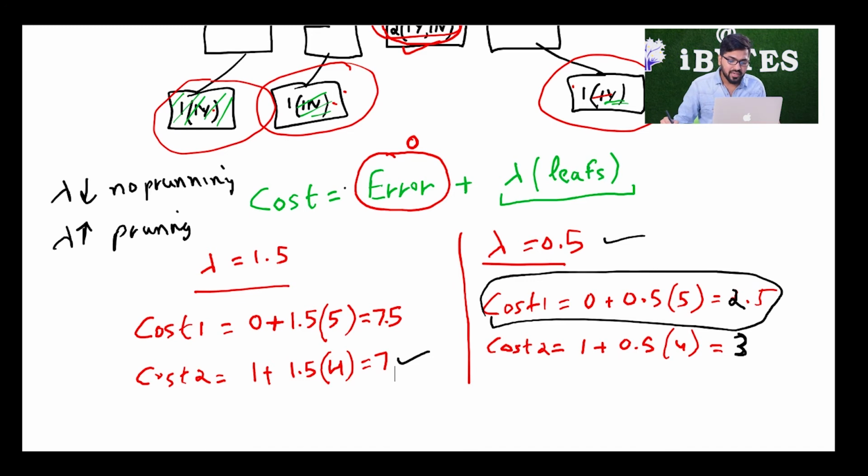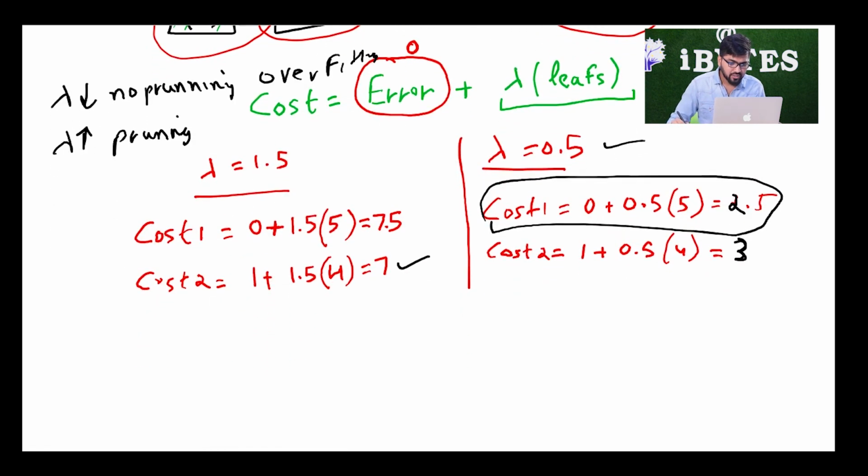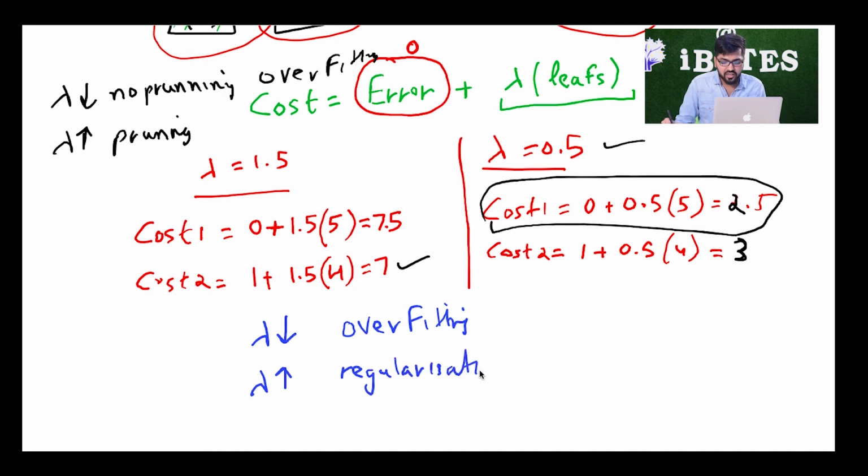Okay. So, what do I mean by lambda being low and no pruning? I simply mean that if lambda is low, I do not want pruning, which means that I do not want any training error, which means that we are preferring overfitting. Okay. So, simply I can say this is the case for overfitting. If I have to write it clearly, I can simply write over here: if lambda is low, then overfitting. If lambda is high, then regularization is more important, or I can say underfitting, right. So, this is what our situation is.